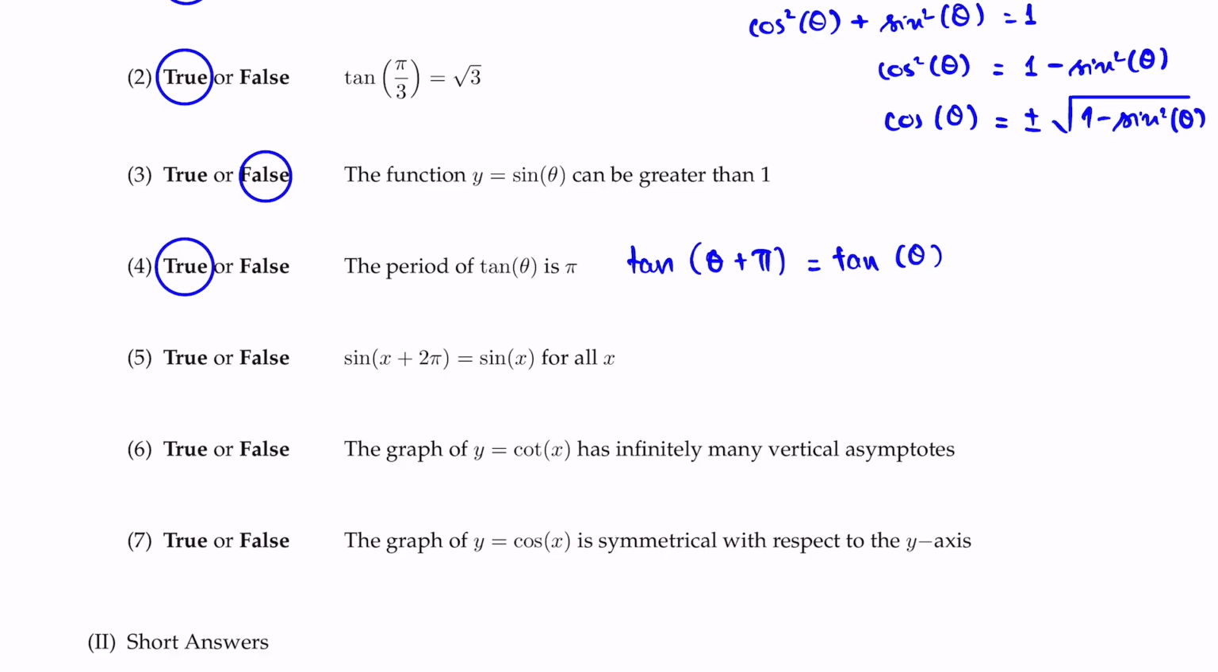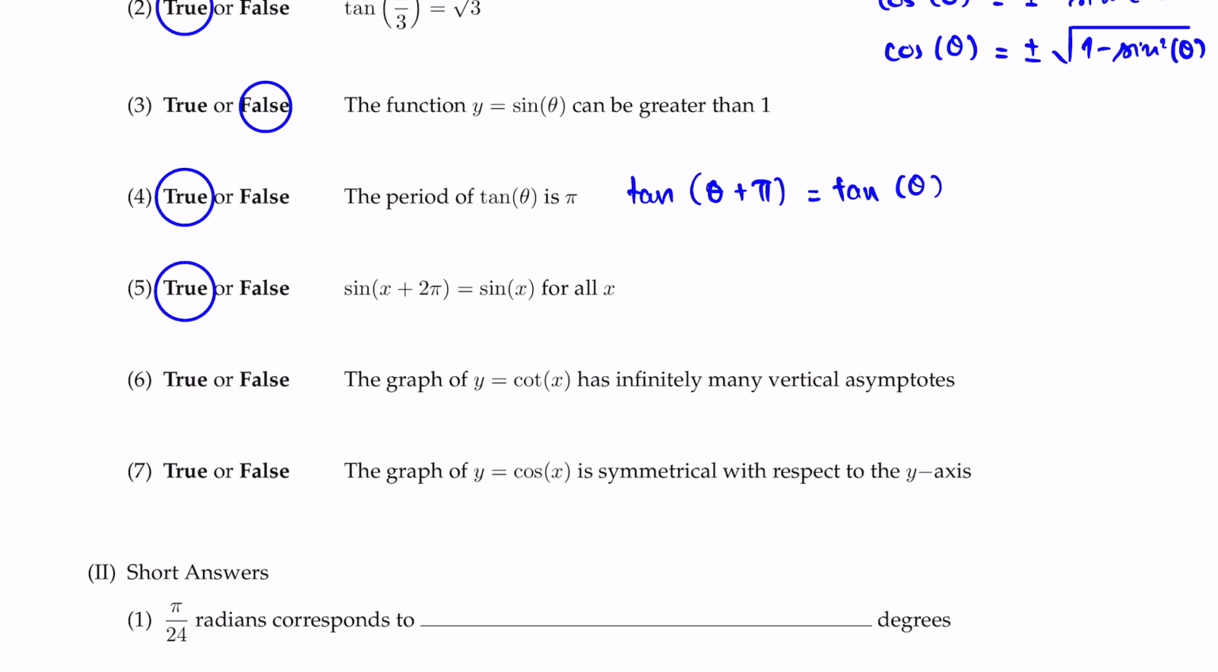Now the next question, sine of x plus 2 pi equal to sine of x for all x, and this is true as well, as sine and cosine functions are periodic functions with period 2 pi. Now number 6, the graph of y equal to cotangent of x has infinitely many vertical asymptotes, and this is true because